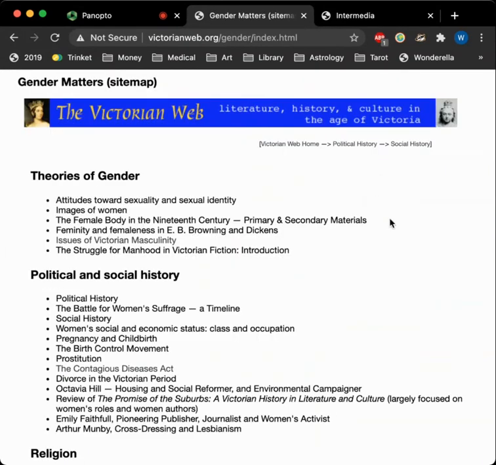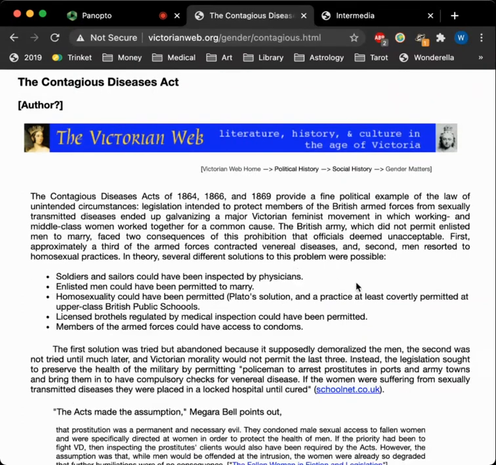So if we go over here to Gender Matters and just click on the Contagious Diseases Act, which I just clicked on randomly, we can see that it links to political history, social history, and gender matters, which is so weird.